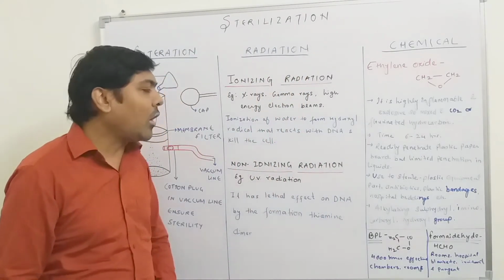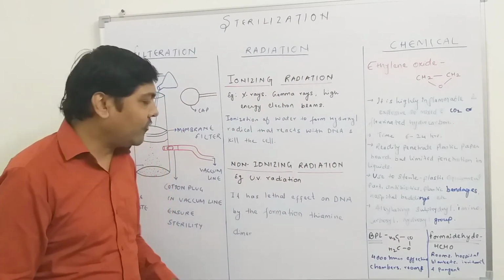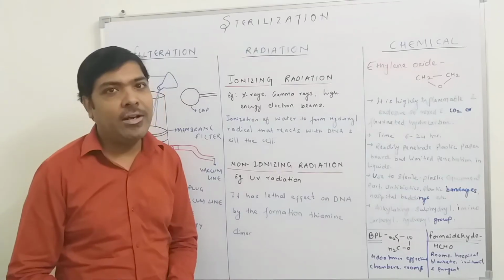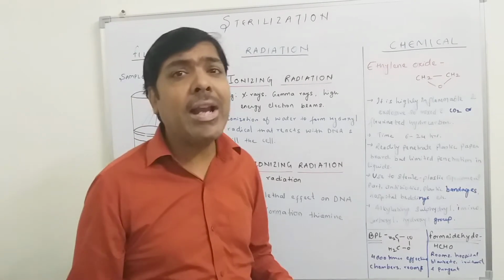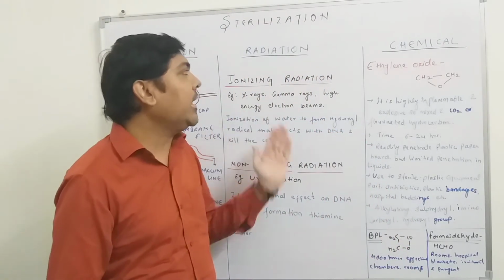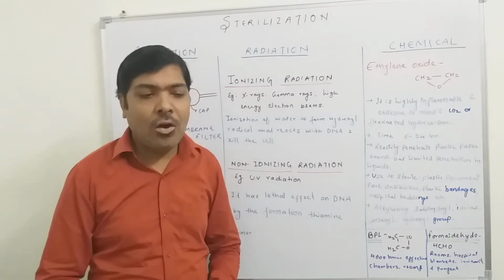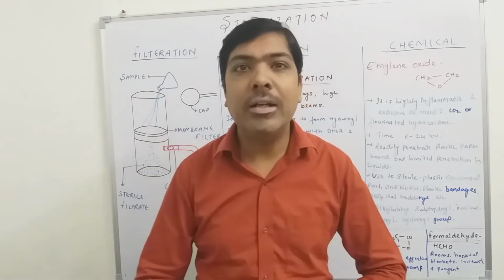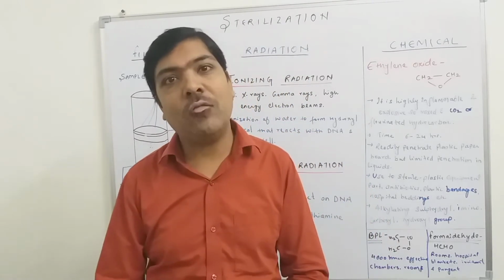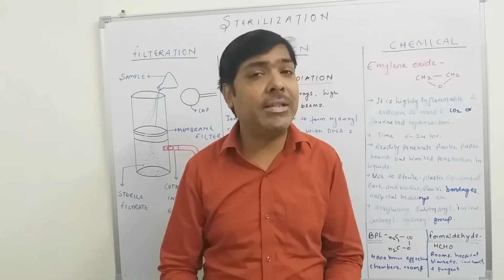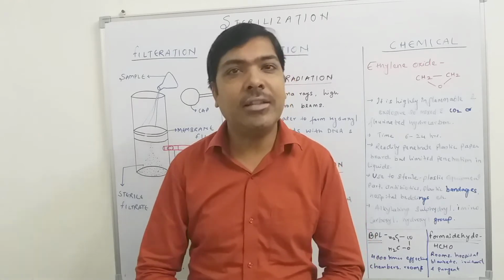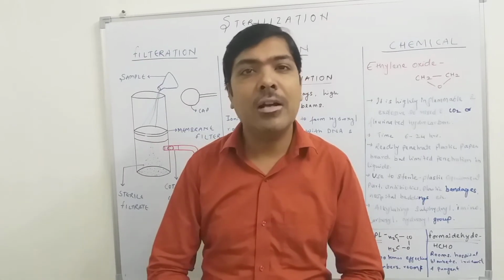Similarly, if we talk about non-ionizing radiation, for example UV radiation, UV is one of the best examples of non-ionizing radiation. The mechanism by which ultraviolet radiation kills microorganisms is somewhat different from killing by ionizing radiation. Bacteria again have DNA as the genetic material, and DNA consists of various nitrogenous bases: adenine, guanine, thymine and cytosine, and adenine always pairs with thymine. This is the arrangement of the DNA inside a bacterium.